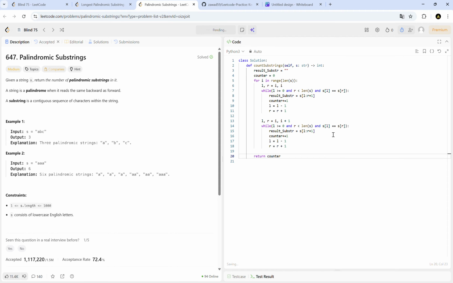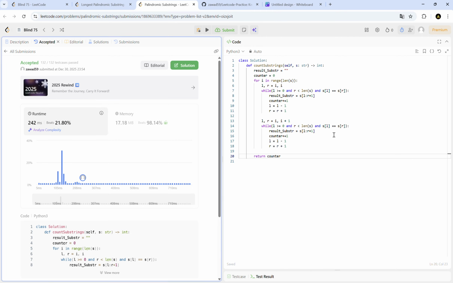Let's see. Yep, it solves the problem. It still is O of n square time complexity, but it's a very elegant solution provided by LeetCode,